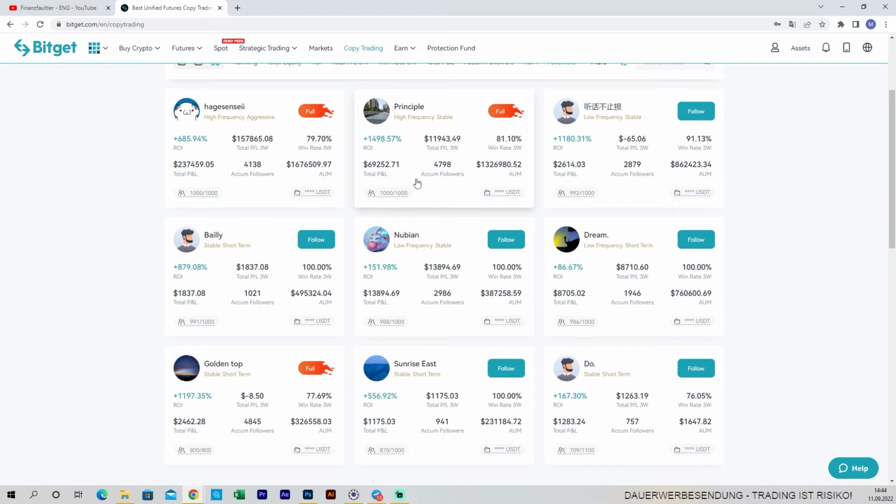So they basically put a check mark on it, get a reminder if there's a spot open, and then 3,700 people try to get in. And this guy is also full. He has 800 slots, assets under management 326,000. So those are the guys I want to get in.